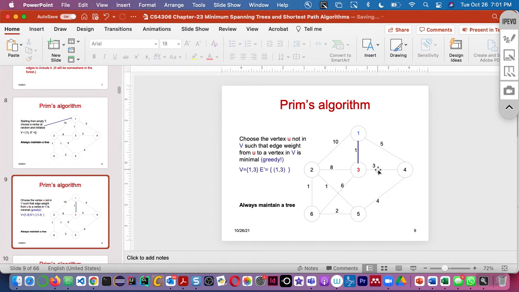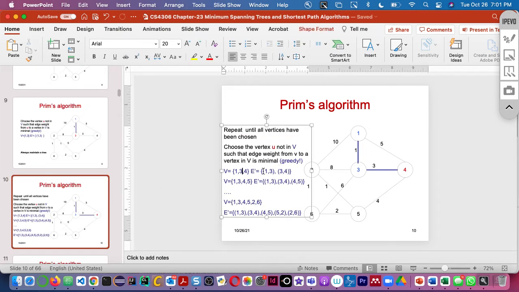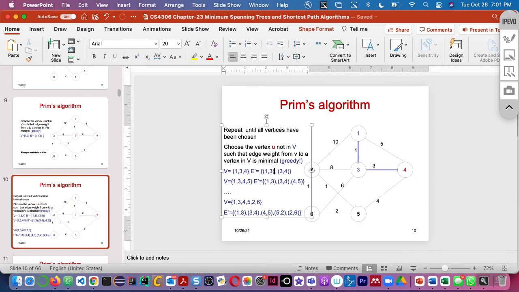So from 1 and 3, look at the edges connected with vertices 1 and 3. So we have 10, we have 8, we have 5, we have 3. So minimum is 3, right? So then we will take 3, and then we will add vertex 4. Our new vertex will be added, 4, and then we will go 3 to 4. So 1 to 3 and then 3 to 4. See that this sequence means 1 to 3 and then 3 to 4. So now we got this